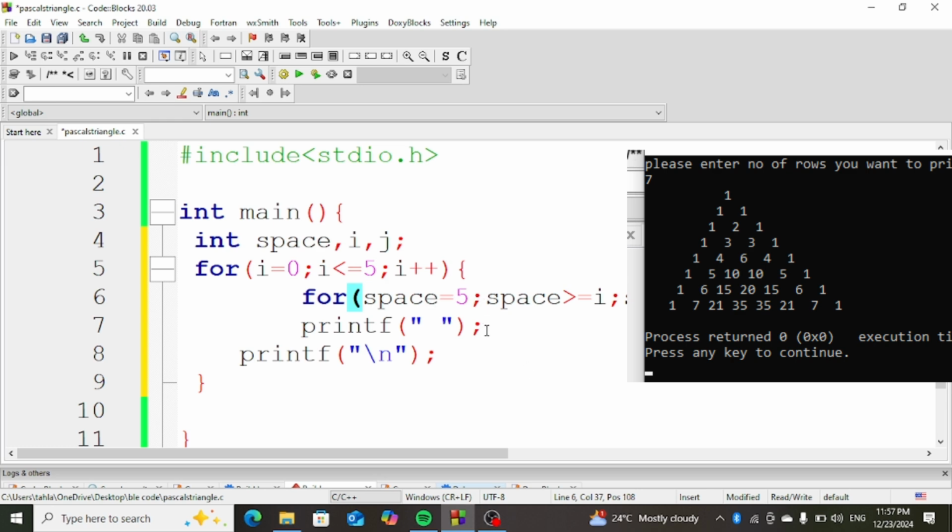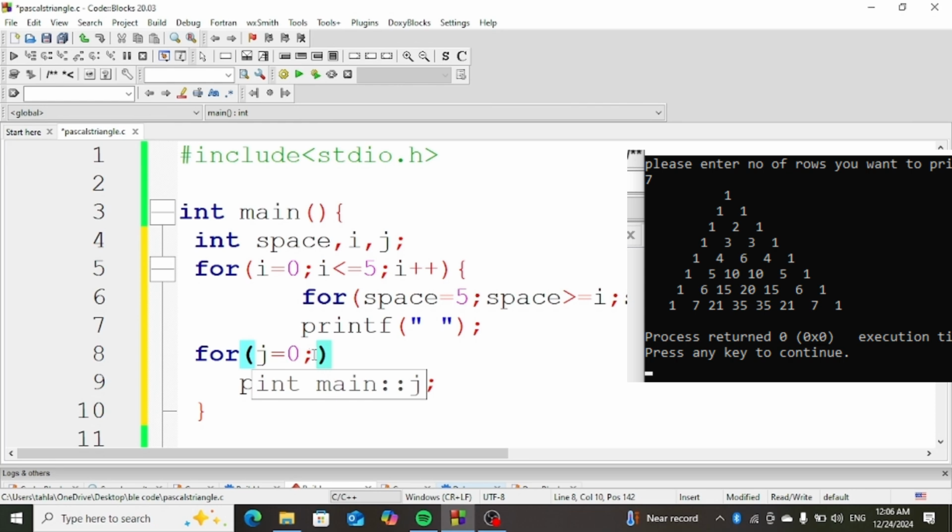Now we are going to write the for loop that's going to do the real arithmetic. This one is the one that's going to do the arithmetic operation itself. It's going to be the one to tell that print 1 here, print 1 here, print 2 here, print 3 here. Okay, so let's go. For you to print out this one, we need to declare a start for j equals to 0. You have j should be less than or equal to